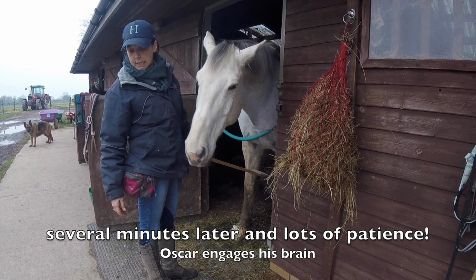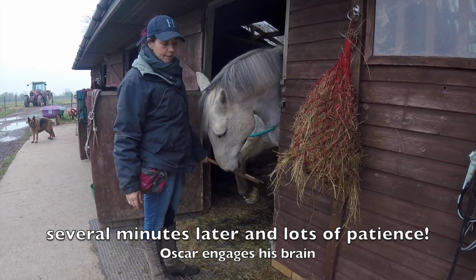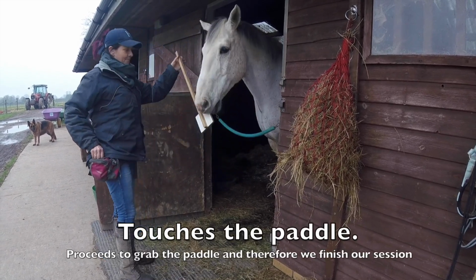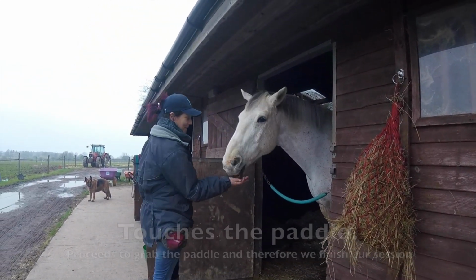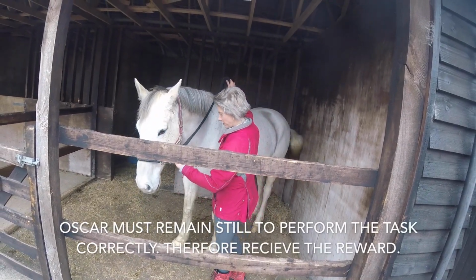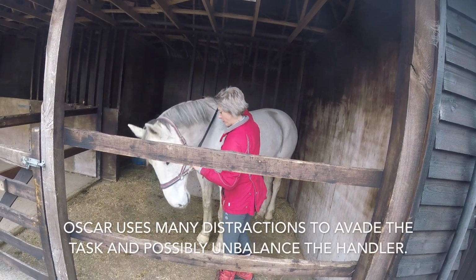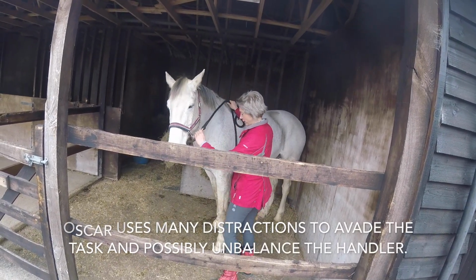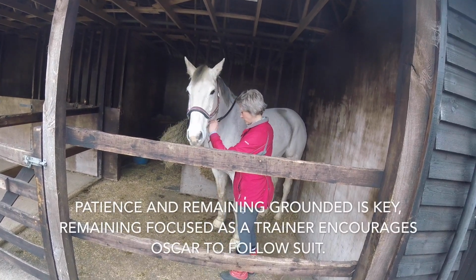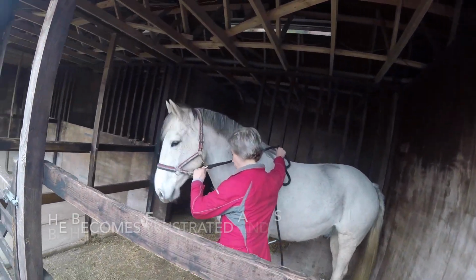Positive punishment, an addition of an adverse stimuli to indicate the behaviour is undesirable. Negative punishment, something the animal wants is taken away if undesirable behaviour is displayed. Negative reinforcement, uncomfortable or painful stimuli that can be avoided by a change in the animal's behaviour. An example of this is the pressure release used in ridden work. Positive reinforcement. A reinforcer is added to the animal as encouragement to repeat the desirable behaviour, which can be tactile